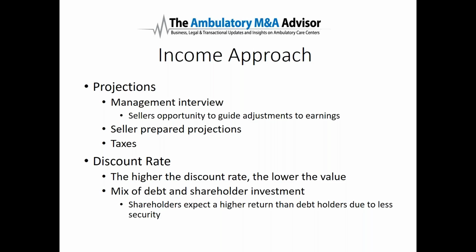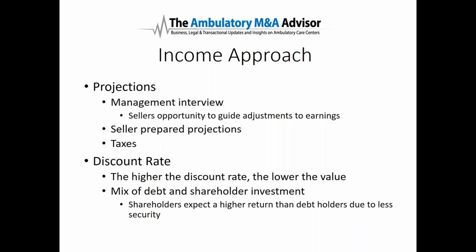And so a valuator will say, okay, I'm going to talk to the management folks, but it doesn't matter what they say, I'm just going to grow everything at 3%. So you've got to be careful with that as well, and make sure that whatever's input in the management interview works its way into a projection, especially when that projection is performed by the valuation expert. And as Blayne said, this is where you get into those discretionary earnings.